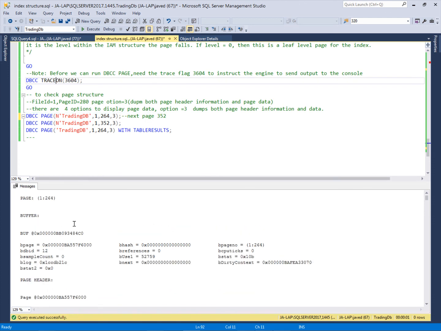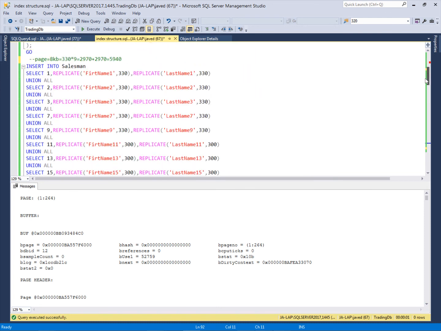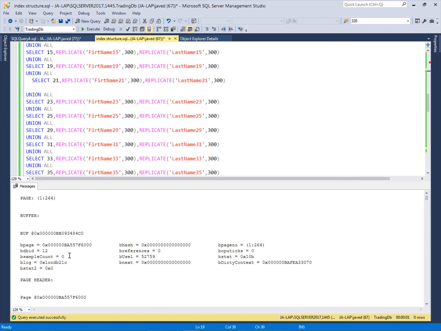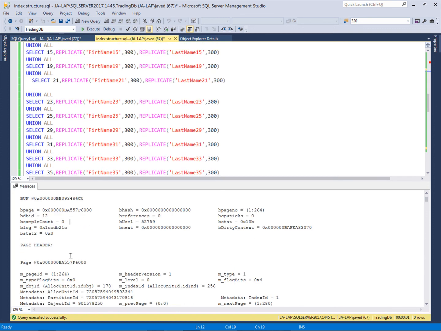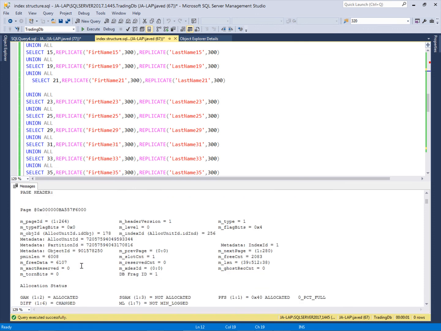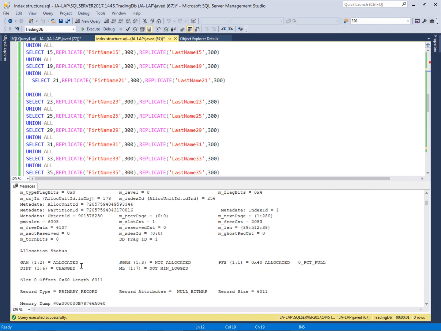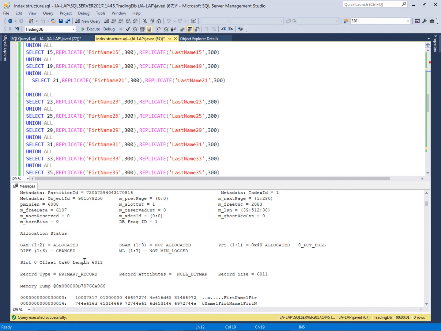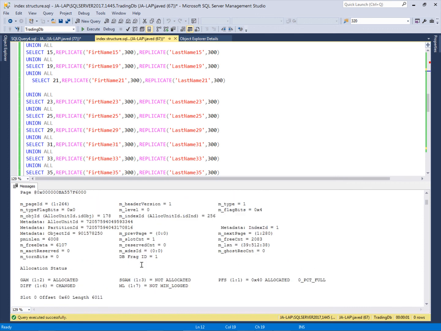So now this is page number 264. Page number 264 is the first page of this index, and this is the clustered index. So the data on this page must be first name one and last name one. And this is the page header, and this page header contains how much is the free space, how much is the reserved space, what is the page ID, and what is the next page ID.